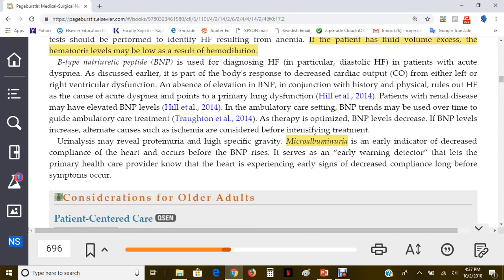Urinalysis may also reveal proteinuria, and there is microalbuminuria that results. Although this is an early indicator of heart failure before BNP rises, patients aren't going to be tested for this first, because most of the time the patients already present with symptoms when they come into the hospital. But before they even became symptomatic,